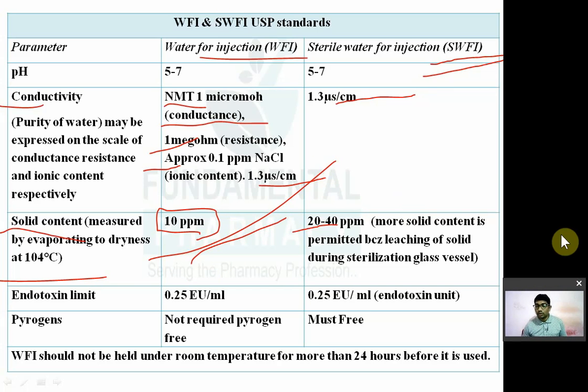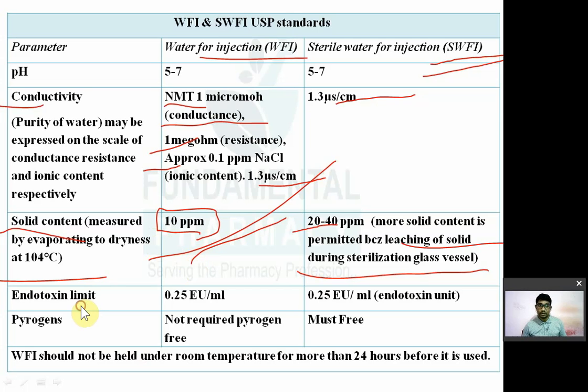तो होता क्या है कि जब स्टरलाइज करते हो वाटर को, so what happens, you are taking water in some kind of container for sterilization, right? So suppose that you are taking water in the glass container, what will happen, so glass will release the solid during the sterilization process, during the heating process। जब आप उसको हीट करते हो तो उसमें क्या होता है, और सॉलिड लीक होता है, लीच होता है। So more solid content is permitted in the sterile water for injection as compared to water for injection because there is a leaching of solid during sterilization process from the vessel। This is the reason। कम से कम 3 बार क्वेश्चन इसके ऊपर आ चुका है।